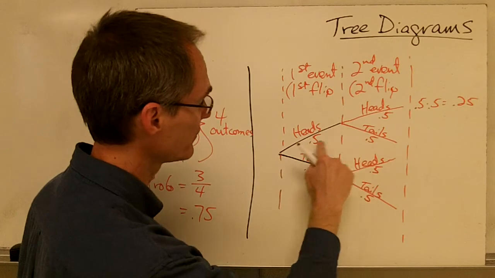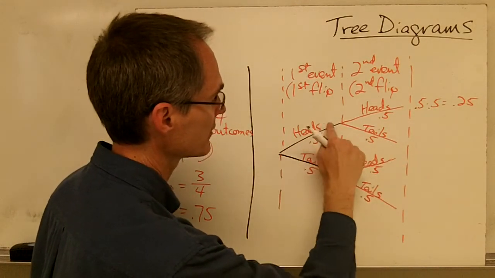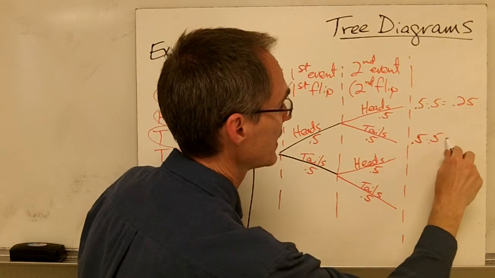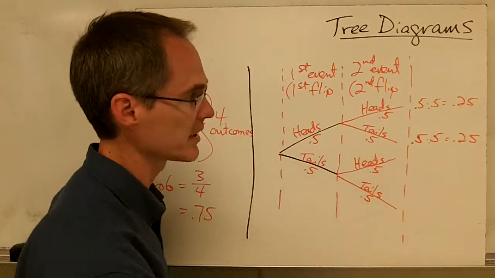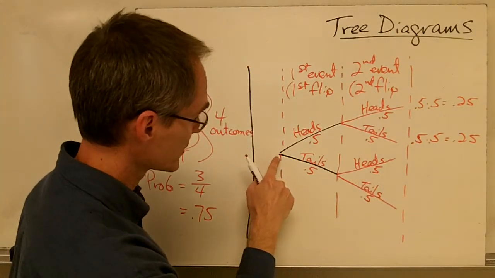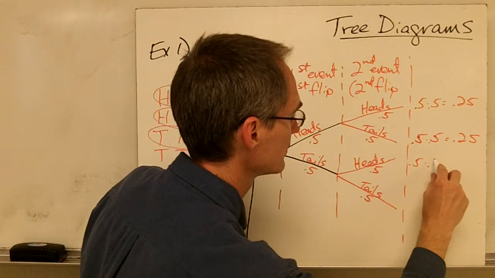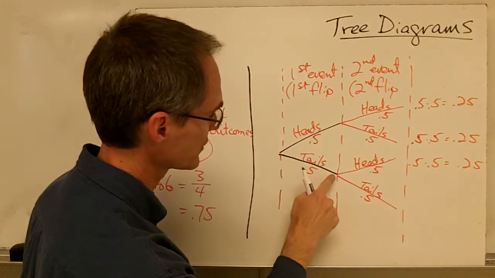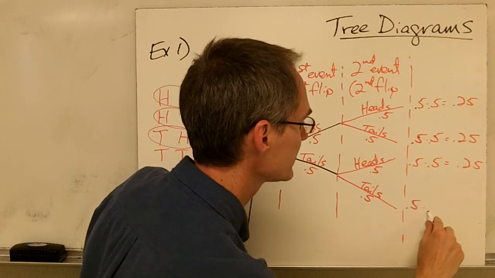I also have a 0.5 times 0.5 probability of getting heads and then tails. Heads on the first flip, tails on the second flip. So 0.5 times 0.5, again, equals 0.25. And you can see that each one of these probabilities is going to be 0.25 because it's always going to be 0.5 times 0.5. And this one, getting tails first and tails on the second flip, that's also going to be 0.5 times